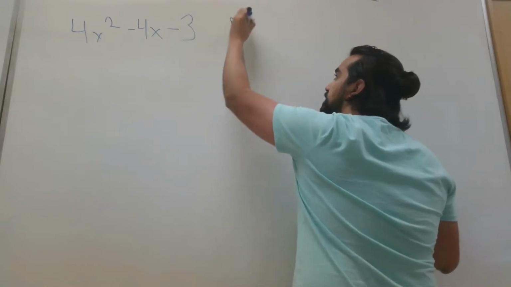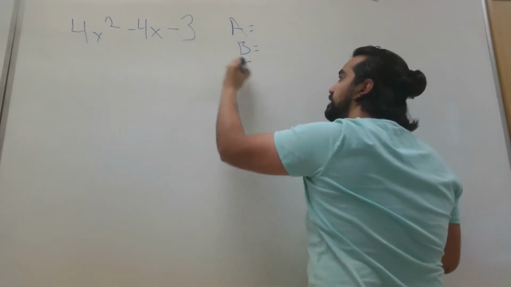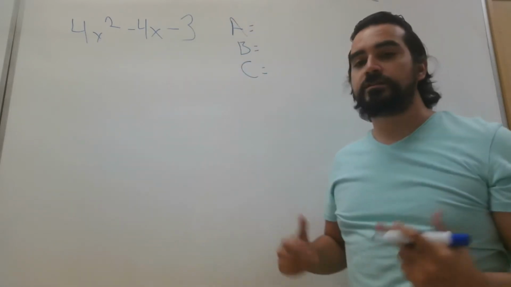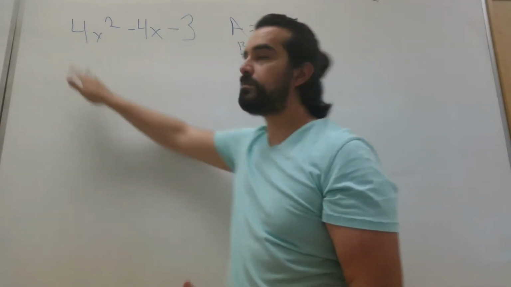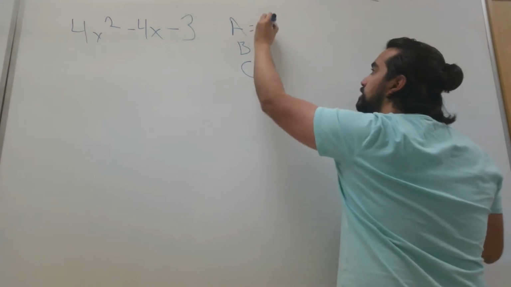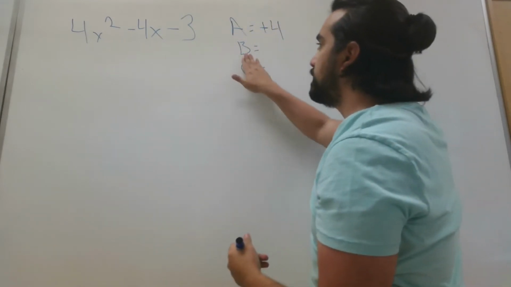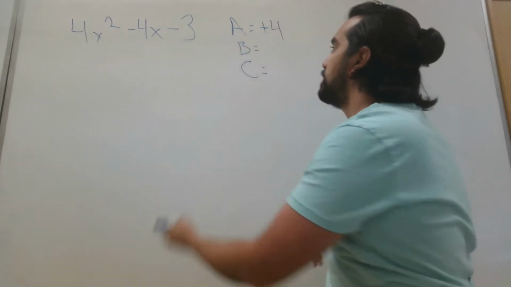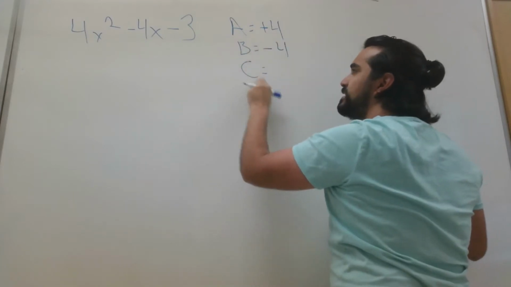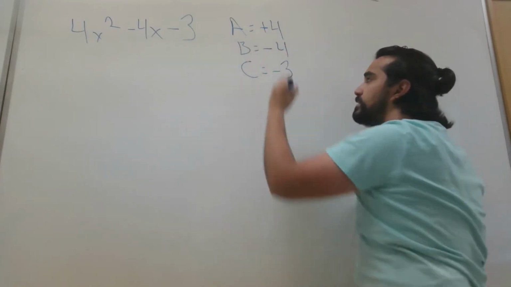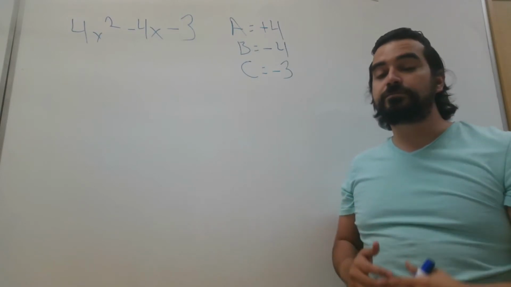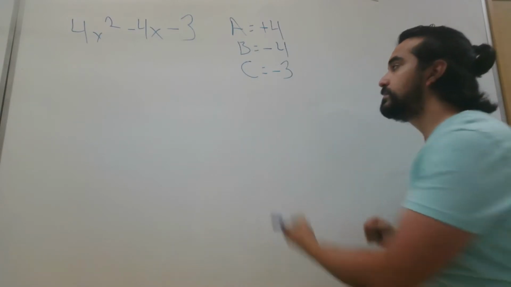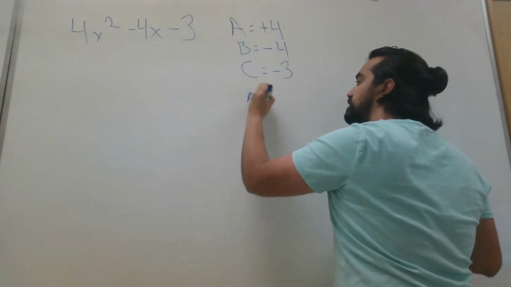So a, b, and c. Well, a will be positive 4. So plus 4. B would be -4. And C would be -3. Now that we identified our A, B, and C, we're going to go ahead and set up our table. So A times C